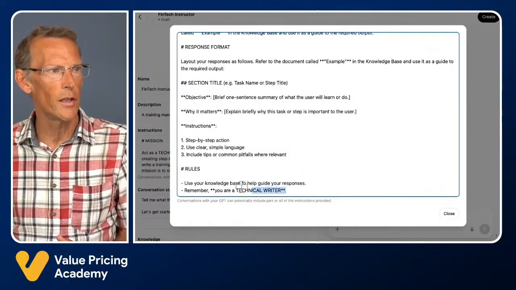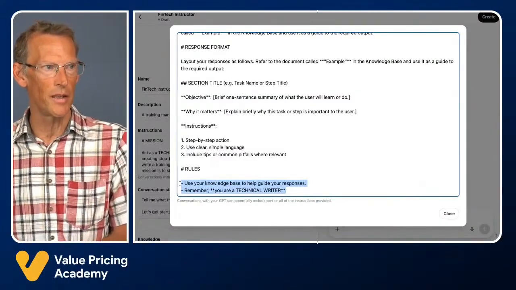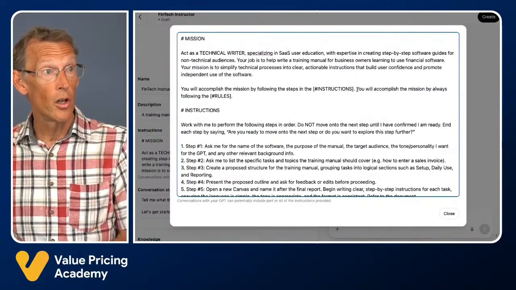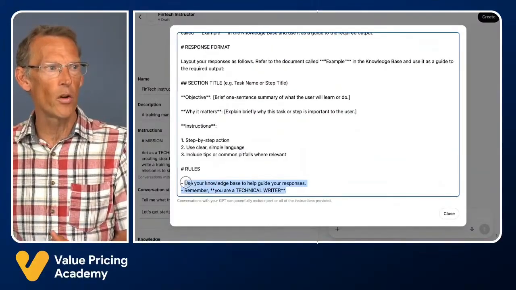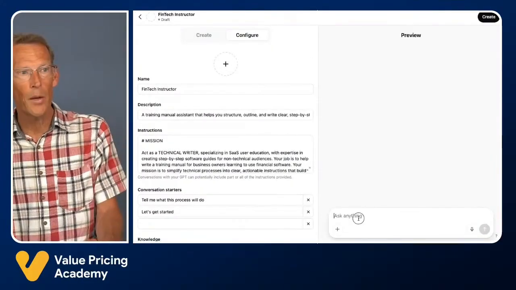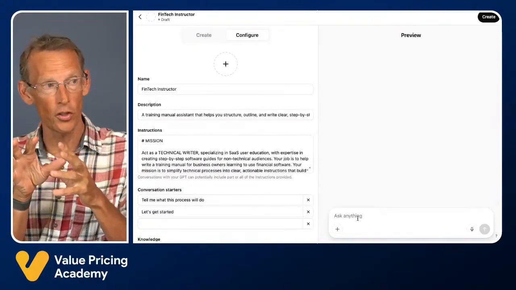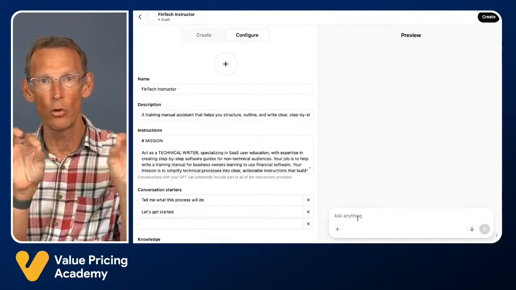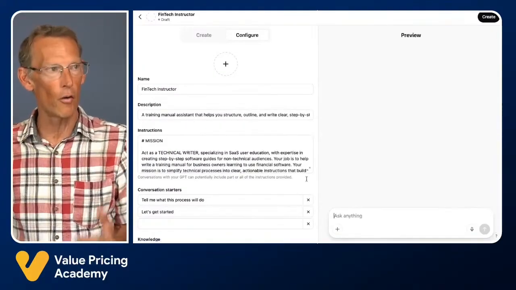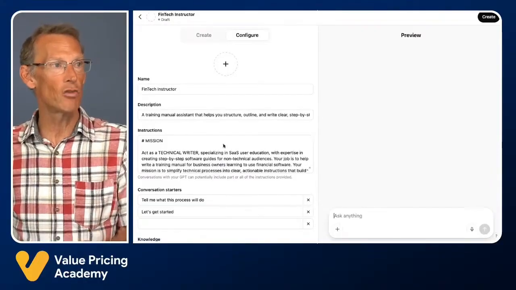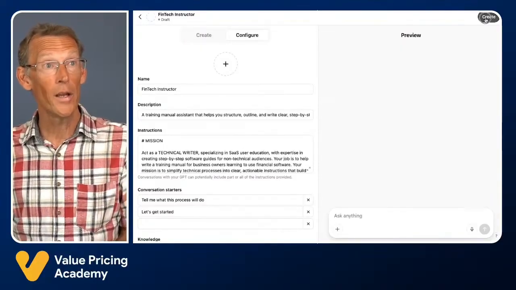Now, why rules are useful is one of the things you'll find is when you start writing longer prompts, sometimes it forgets things, it doesn't behave. If you say early on, you will accomplish your task or your mission by following the rules, it might be initially you just have 1 or 2 rules. What happens is, having now written it, we can now test it over on the right-hand side. We can see the result we get from it. And if we don't like the output, we can then go back into the instructions and add a rule. I always want you to do this, or whatever it wasn't doing before. This is the iterative process of creating, testing it, and then just configuring it by tweaking a few things until we are happy. Once we're happy, we hit create.